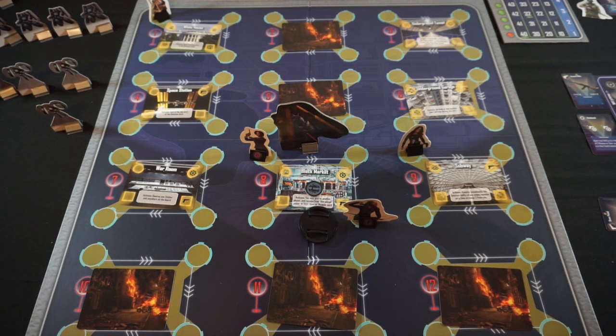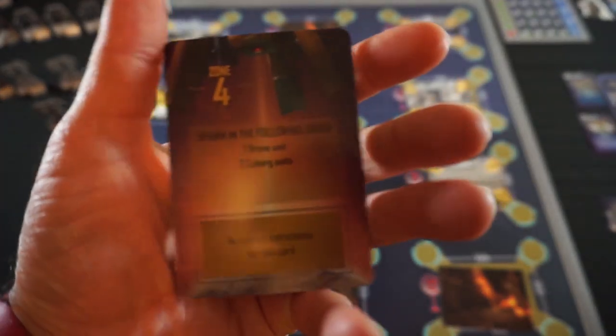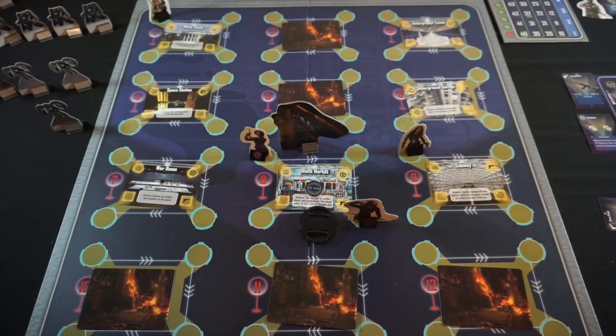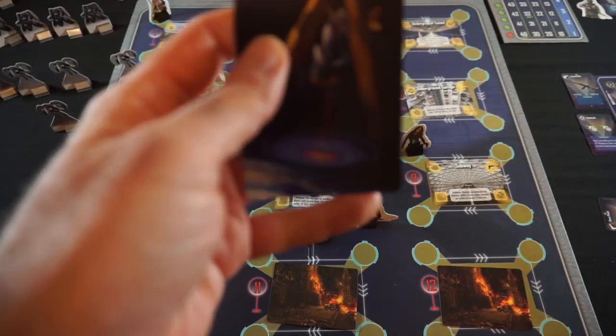Then we would have agents attack, except we took out all of the agents on the board. So now Dominus activates, which means we draw two cards and do what they tell us to do. So here we'll draw. Zone 4 gets a drone and 2 cyborgs, so no special instructions on this card. Also no mission icon. A drone and 2 cyborgs. Hey, something for Svetlana to go kill. And then for our second card,